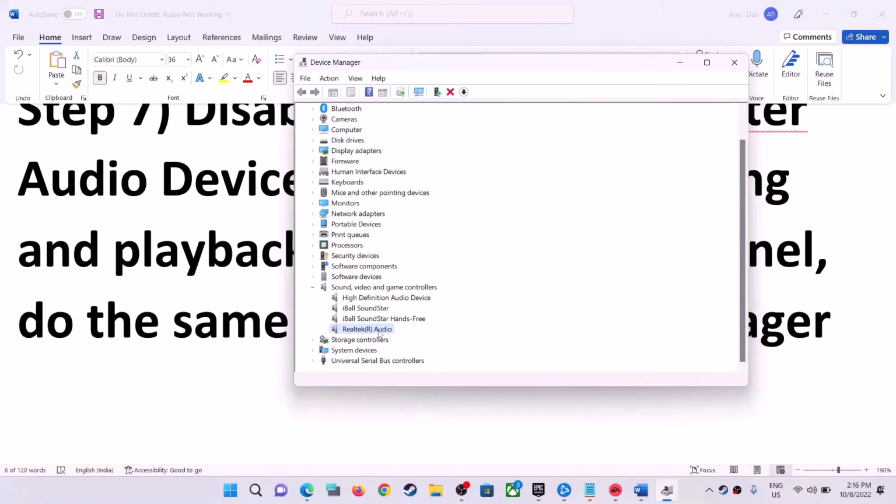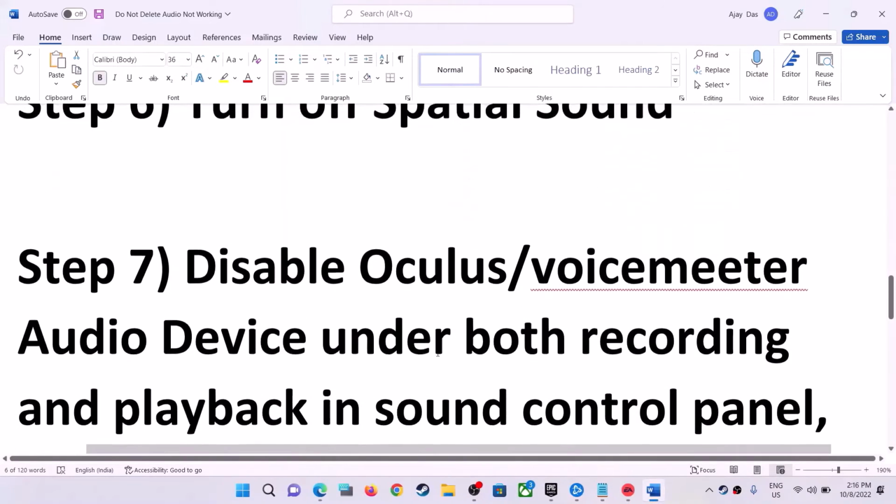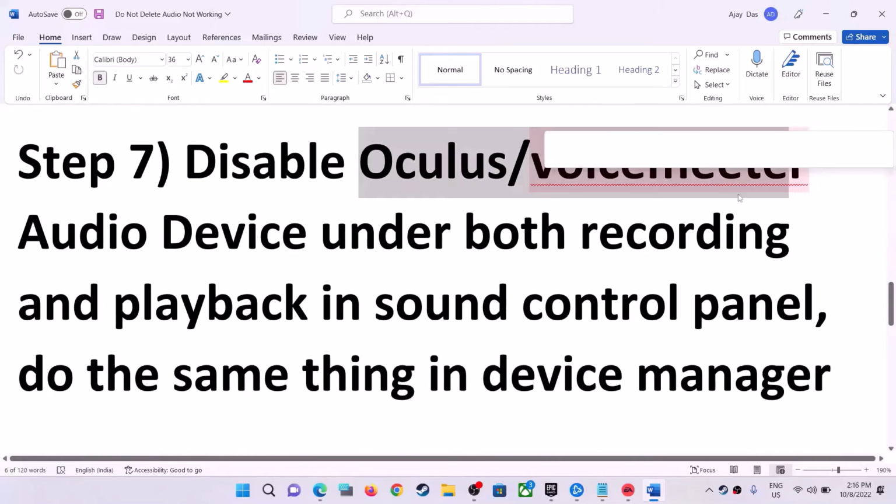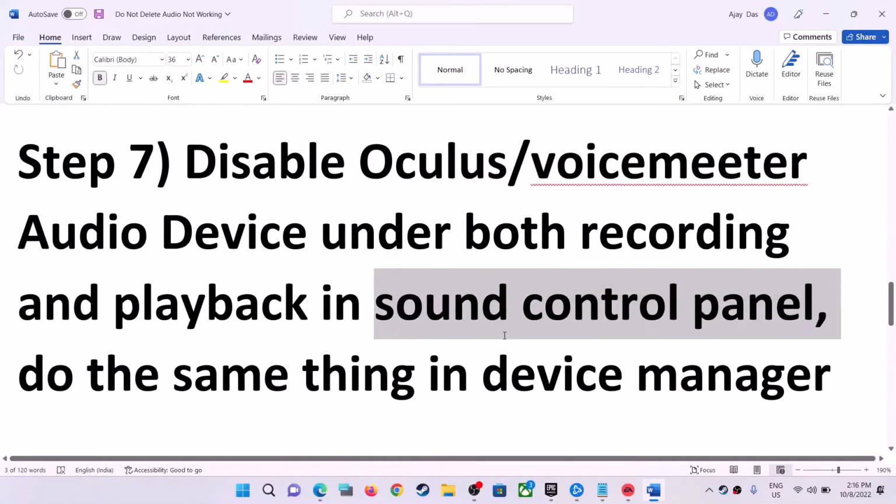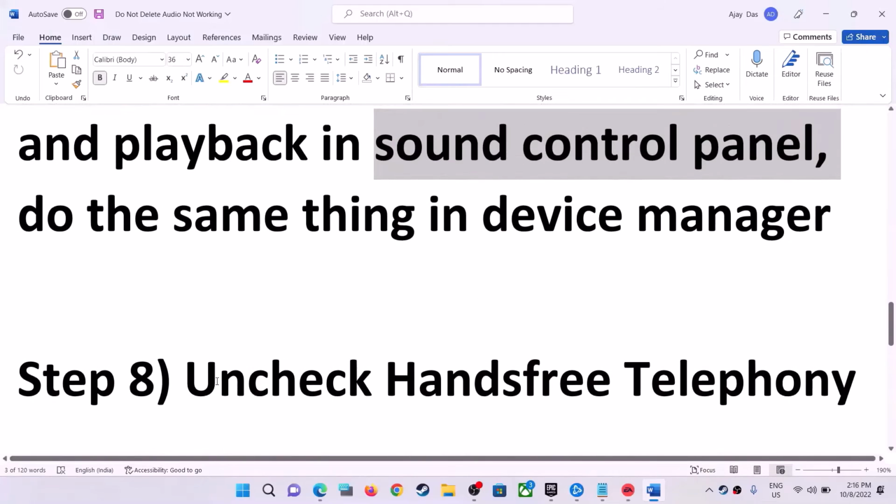So make sure only this is on, rest are disabled. You can try that. So just make sure that you do the same thing in device manager. Make sure Oculus or Voicemeeter is not enabled in device manager as well as in sound control panel. Now the next step is to uncheck hands-free